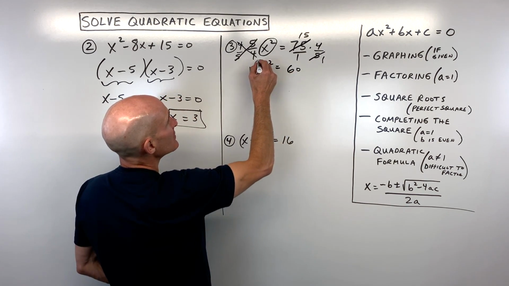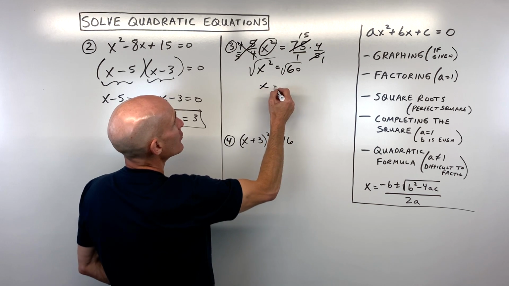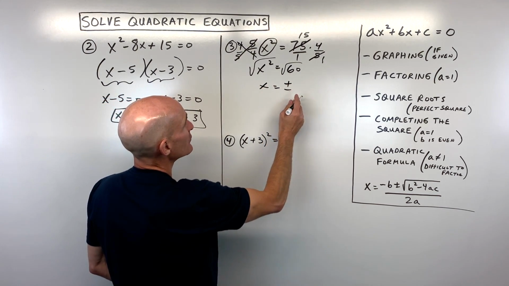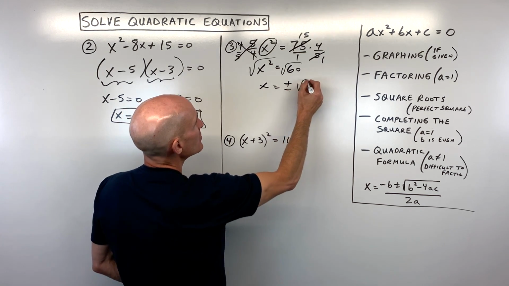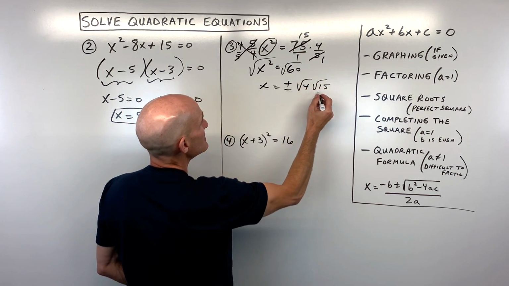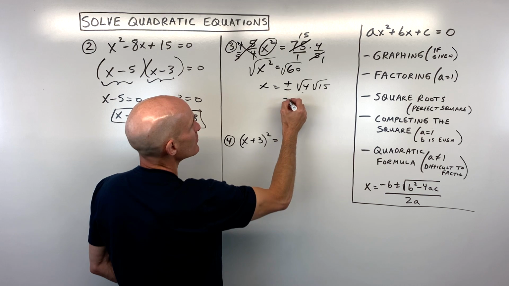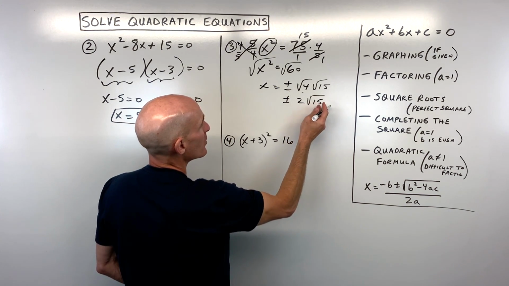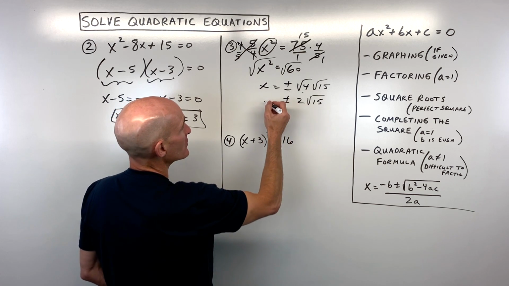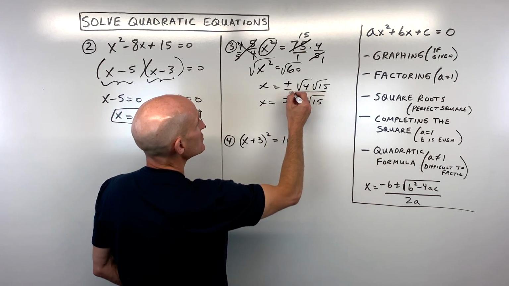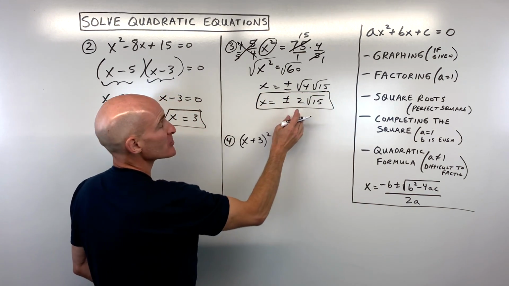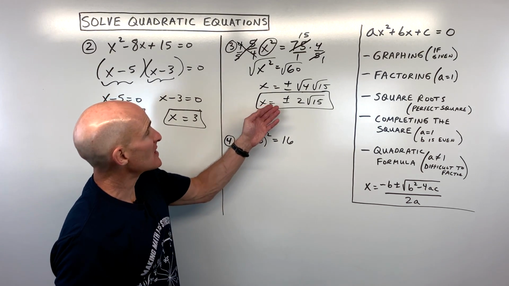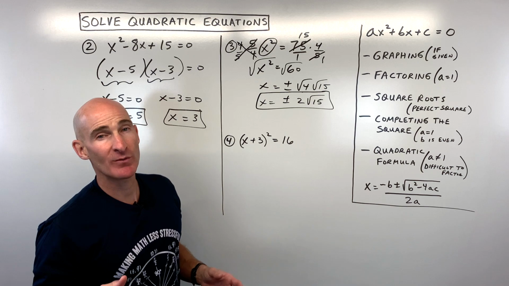Now all I have to do is take the square root of both sides. Remember, when you take the square root of both sides, you get 2 answers, plus or minus, positive or negative. And then square root of 60, we can write that as square root of 4 times 15. The reason I did that is because 4 is a perfect square. That's just going to be 2. 15 is not a perfect square, and we can't pull out or divide out any perfect squares from 15. So this would be an exact answer, plus or minus 2 square root of 15. Now you could also do this on the calculator and get a decimal approximation, but that depends on what your